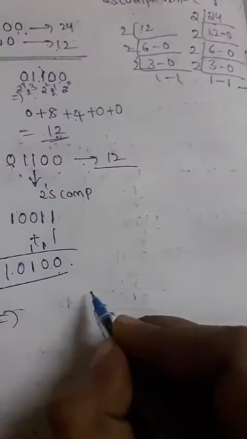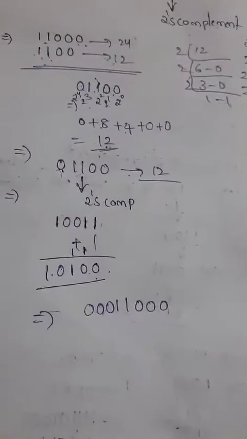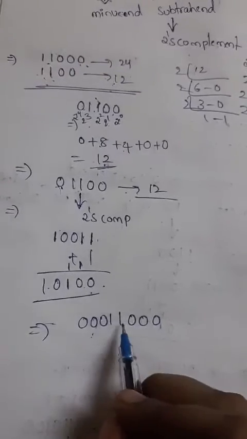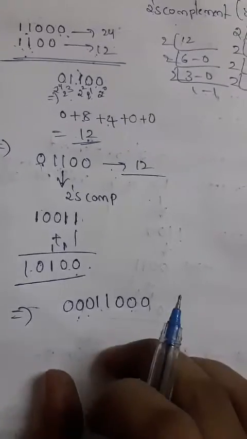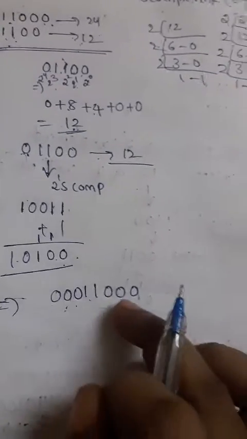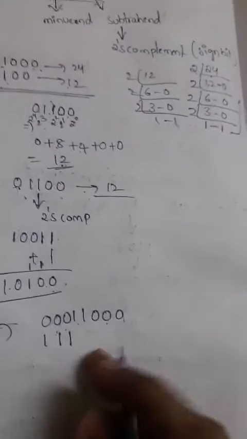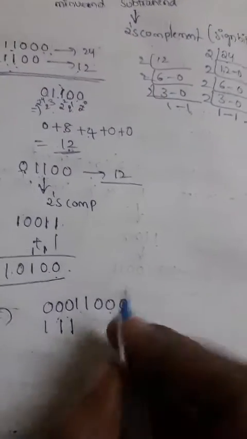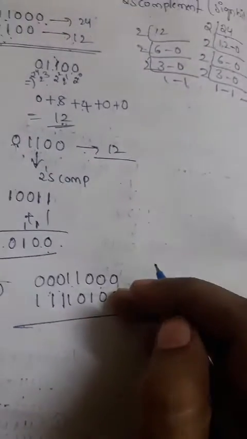Okay, so what is the 24 number here? 11000. What is the sign of this number? Positive, right? Positive is represented as 000. I need to take a 3-digit code, because this number already has 5 digits and this sign has 3, so totally we need an 8-digit code. So this is represented in a 3-digit code and this in a 5-digit code. And like that, minus 12, how to represent? Minus we represent as 1 in binary. And what is the 2's complement number of 12? 10100. So we need to add these two numbers, not subtract; just the addition process we need to do.